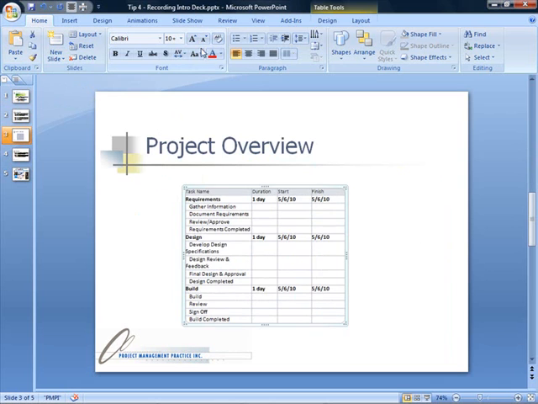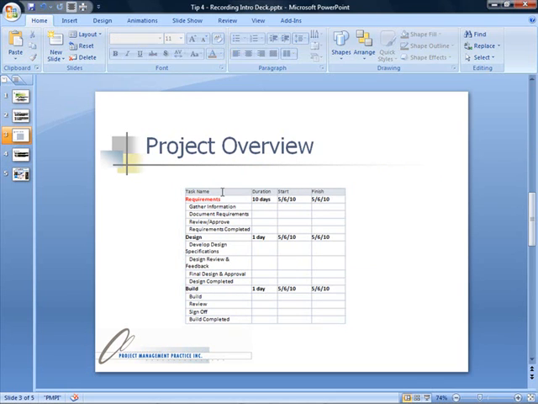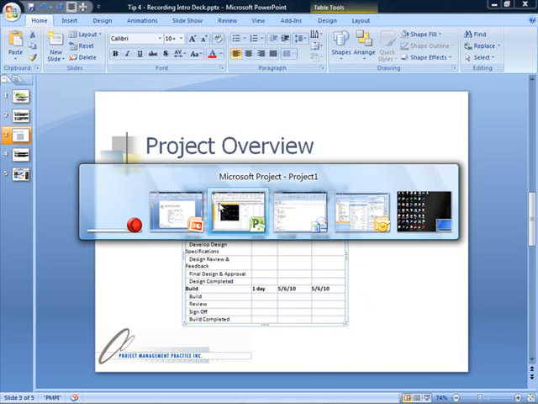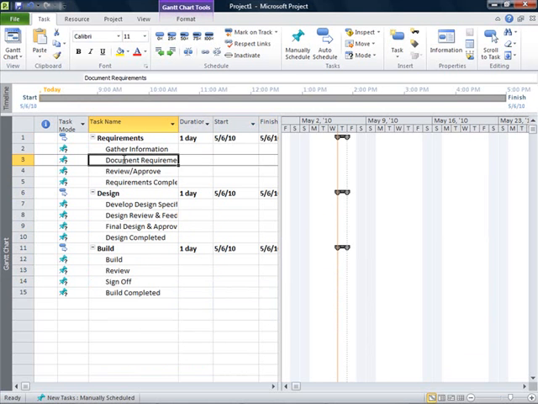But the nice thing about that is it retains the formatting, and I can start to adjust, say, the font size. Maybe I want to highlight a row and make that red. Maybe I want to actually change an individual cell and make this 10 days. So you retain the formatting. You can notice that it even brought in the column headings, but I can also start to modify the individual content and take advantage of all the features that PowerPoint has to offer, and therefore taking advantage of the rich and enhanced copy and paste that comes along with Project 2010,